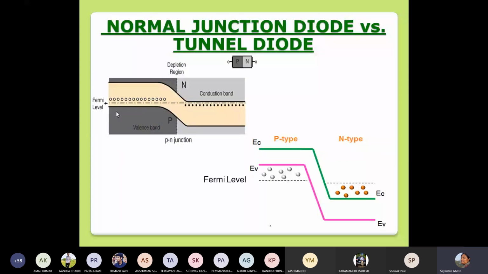So what happens is, if you go on increasing the doping level, you make a very high level of doping, then this happens. There is a special name for this kind of semiconductors. We call them degenerate semiconductors. When you go on with a very high level of doping, the Fermi level goes inside the valence band for p-type semiconductors, and it goes inside the conduction band in case of n-type semiconductors. It depends on the level of doping. So these are called degenerate semiconductors.